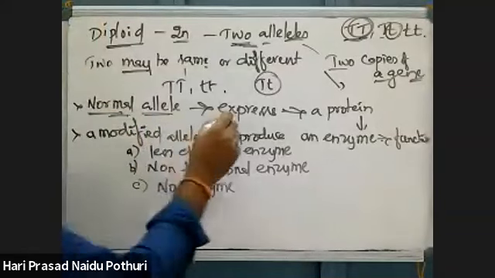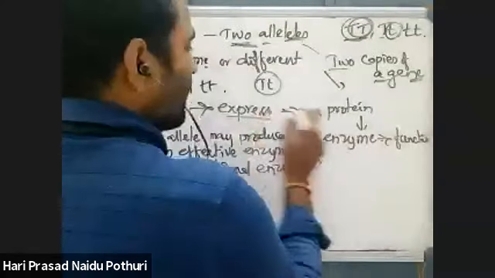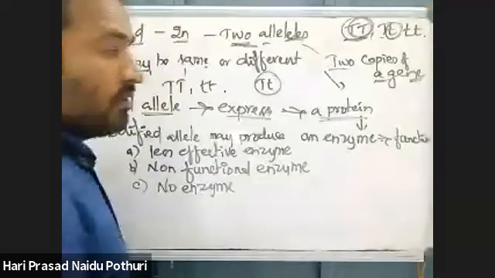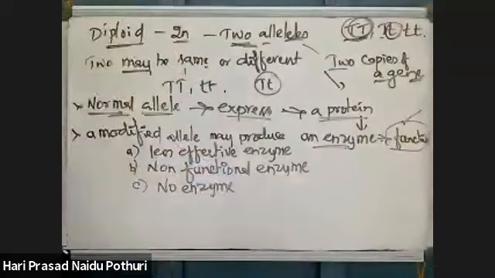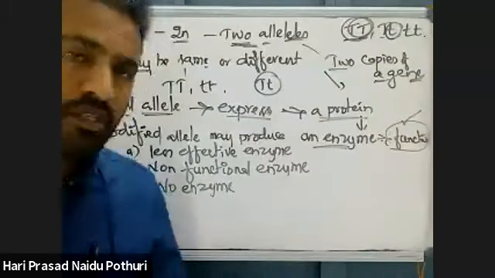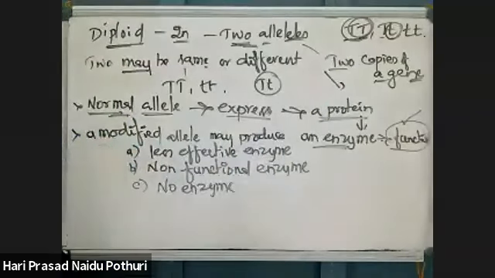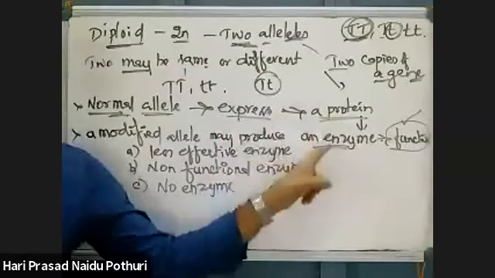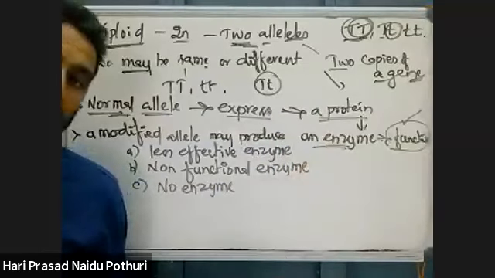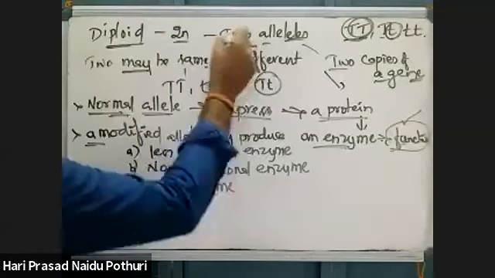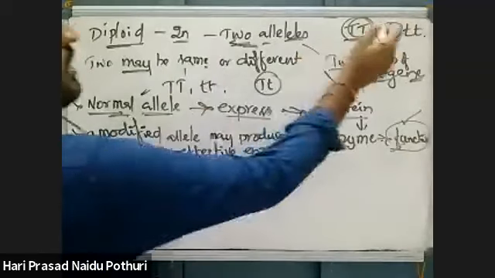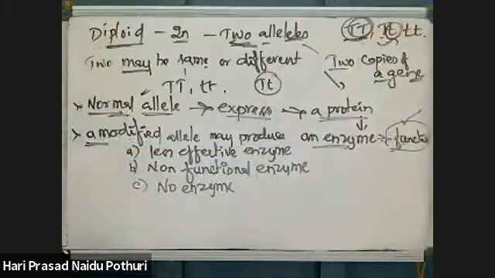Normal allele is there means that normal allele is a gene which undergoes expression and it produces a protein. That protein can carry out enzymatic function. Suppose a gene is responsible for tallness, that gene will produce a protein. That protein can work as enzyme that will be responsible for growth of the plant, and the plant will show tallness. That is the character. So that function is shown. But 2 alleles are there. One is a normal allele. If another allele is modified like this, that modified allele cannot express.